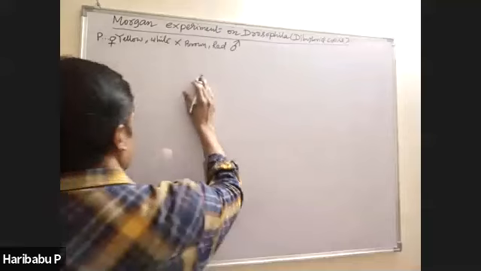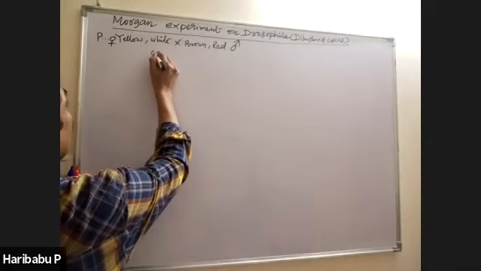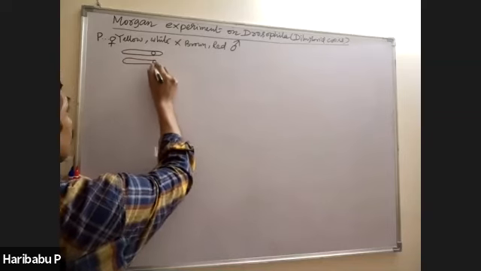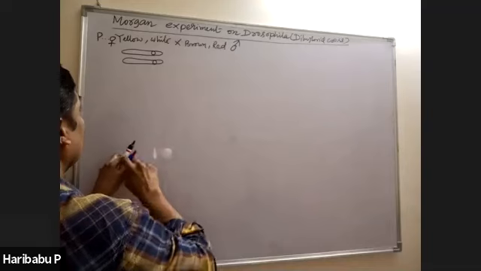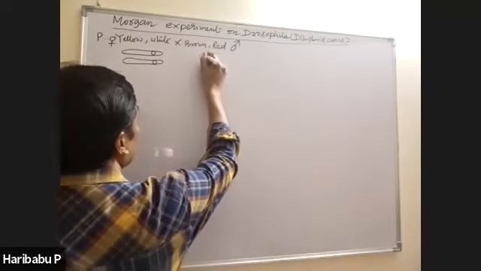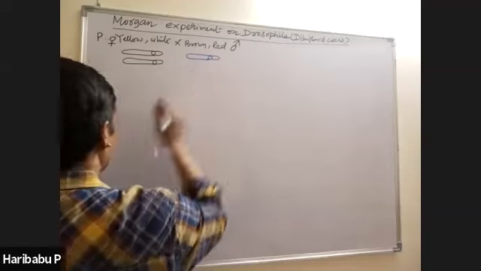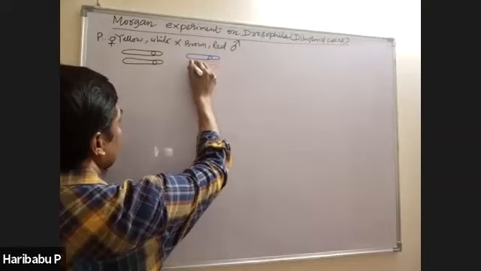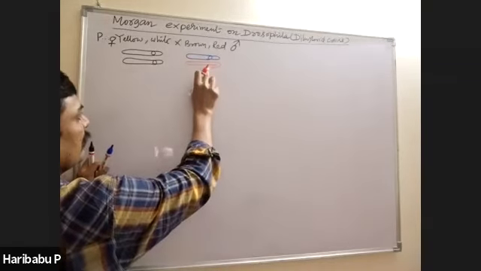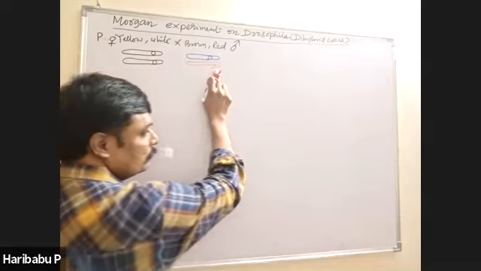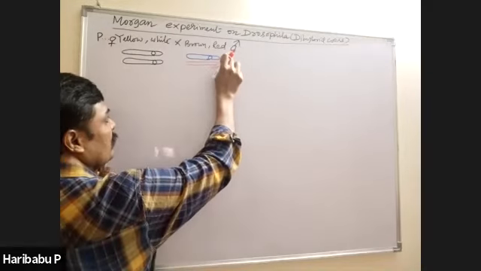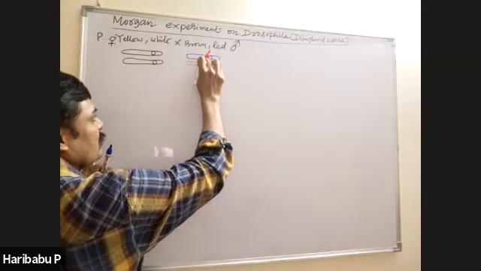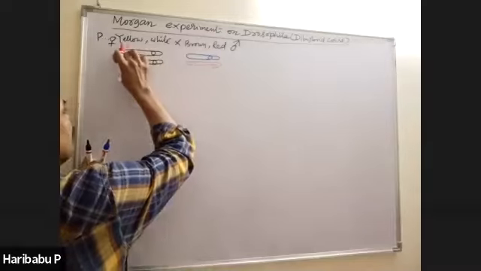Follow meticulously here. See, these are the chromosomes of female. These are the chromosomes of male. How can you say that this is male? Here, this red colored one is called Y chromosome. So Y chromosomes are present in male, right? This is X chromosome, this is Y chromosome. XY in male, XX in female.